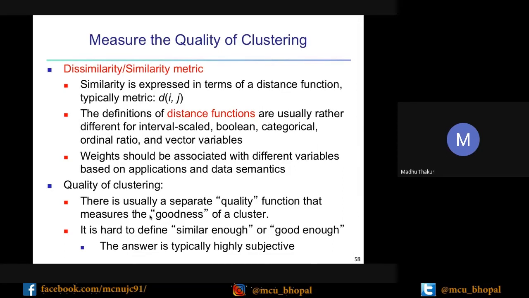So how can we measure the dissimilarity or similarity of clusters? In general, we can use distance functions. A lot of distance functions are available, and they usually differ by your data type. If your data is in vector, variable, categorical, ordinal, interval scale, or boolean form, then according to the nature of your data, you can choose a different distance function or distance formula for finding the clusters.